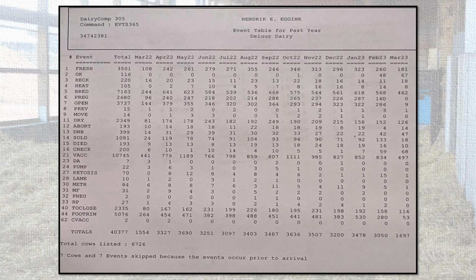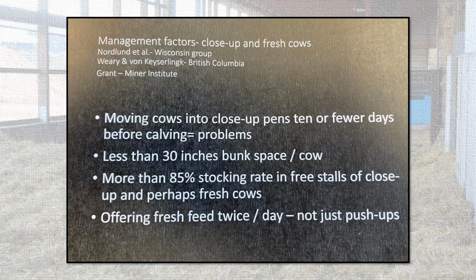DMBs, Hendrik mentioned about that. We have about 11%, but they're DMB'd for a good reason. They're not DMB'd for poor reasons. RPs, DAs, 7 DAs recorded here on the year for 3,500 calvings. It's not too shabby. So again, just to summarize somewhat as we kind of close shop here,